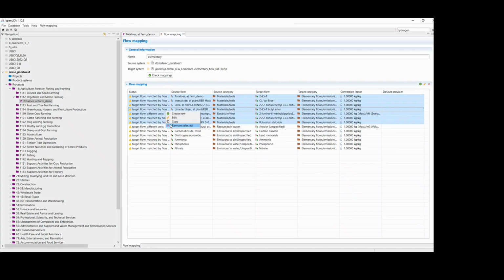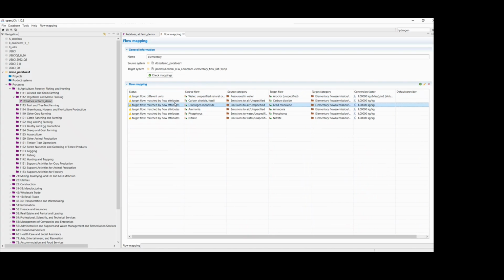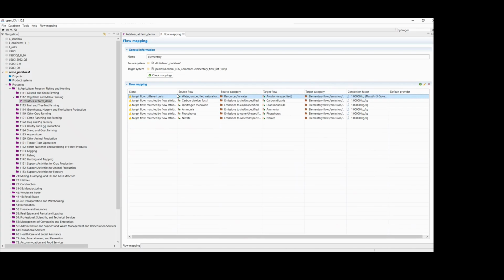And we will have to map these to USLCI Technosphere flows. So the status column gives us some different messages, but you really have to go through each mapping and ensure that it is correct. openLCA does its best at mapping based on flow attributes, but the mappings are not always correct, as we can see right here.